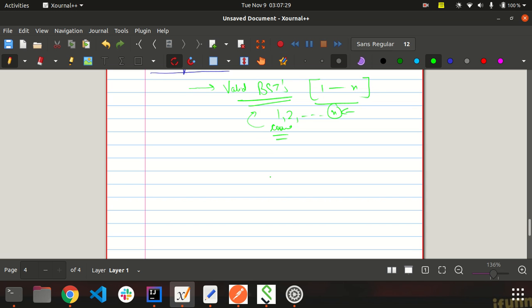Okay, so how can we approach this particular problem? Let's understand the problem with a few examples. Let's say we have only one node. For only one node we can have just one unique BST, correct? For two nodes we can have two valid BSTs, right? We cannot build anything fewer or greater than these, correct?